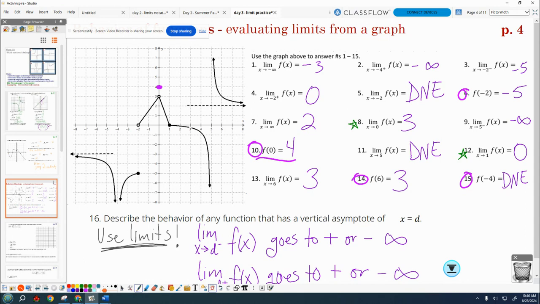Here, f of 6, here's x equals 6. There isn't a dot specifically on the graph, but the graph goes, like, every dot exists there. And that guy appears to be a y value of 3. Okay, this one, at -4,